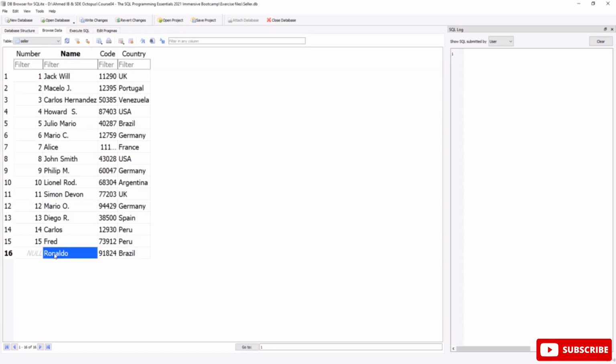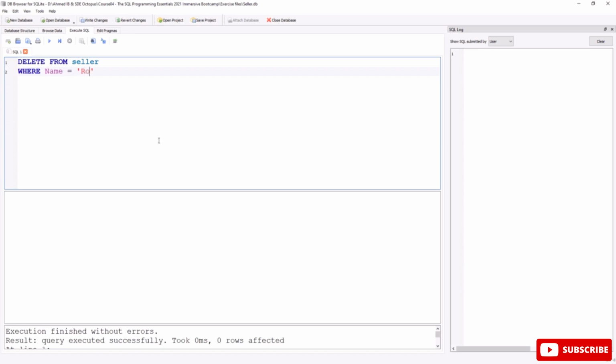You can see our condition here, Ronaldo, for the value of number is equal to null, and also code 91824, and the country is equal to Brazil in this case. Let's go again to the execute SQL tab, or the execute SQL editor, to complete our condition. The condition is name equal to Ronaldo, as you can see, and don't forget to place a semicolon at the end